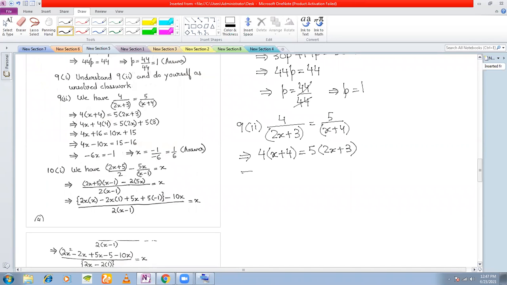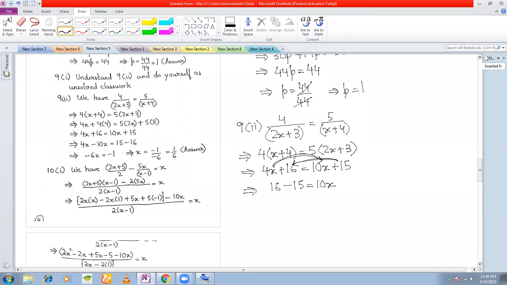Now you multiply everything on left hand side and right hand side. You get 4x plus 4 into 4 will give you 16. 5 into 2x will give you 10x plus 5 into 3 is 15. Now let us, for a change, take 4x on this side and let us bring plus 15 on this side. So you get 16 because 15 you're bringing to this side, the sign will change. And 10x rewrite as it is because you're not changing the sides of 10x.